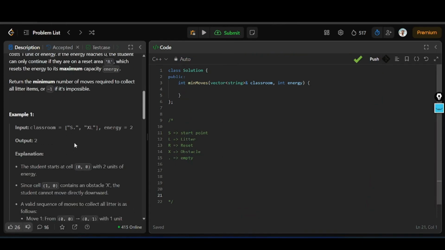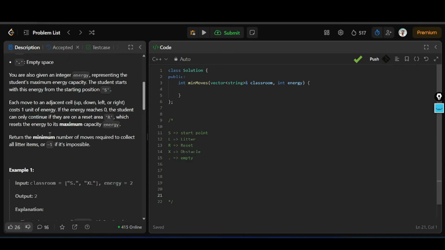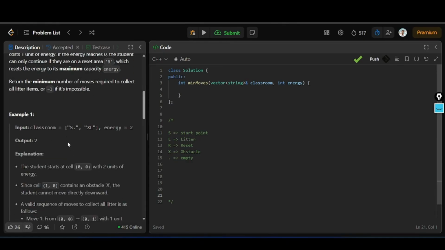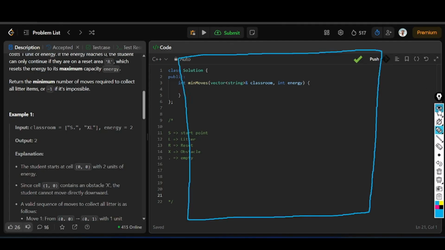What comes to our mind right off the top of our head would be to do some kind of DFS or BFS. BFS makes more sense here because of the states, right? So if we have a particular point L, then this particular cell can be traversed multiple times, right? Why? Because something like,